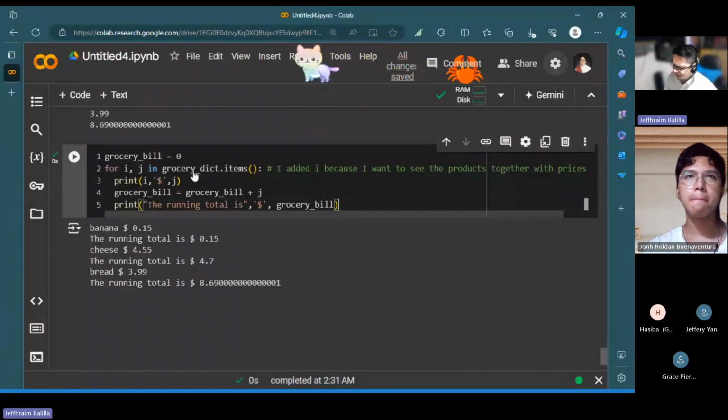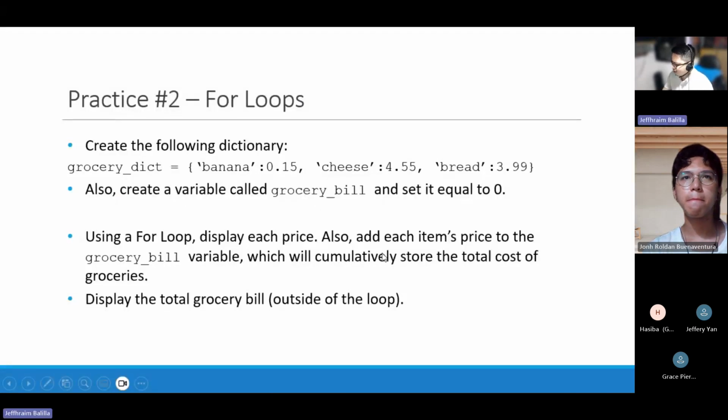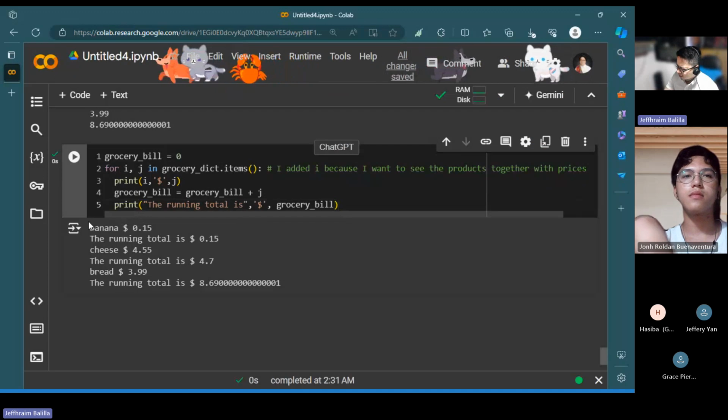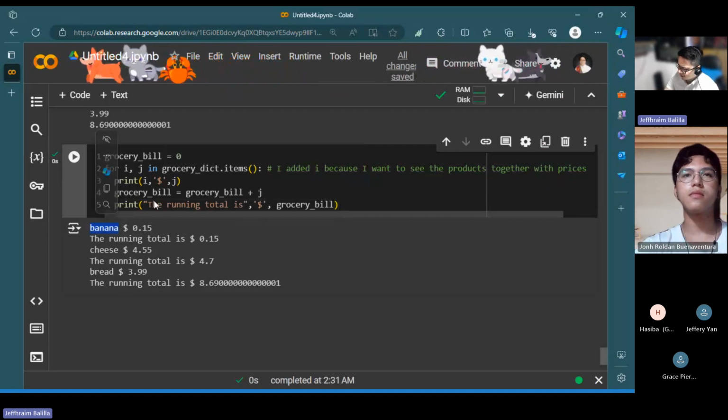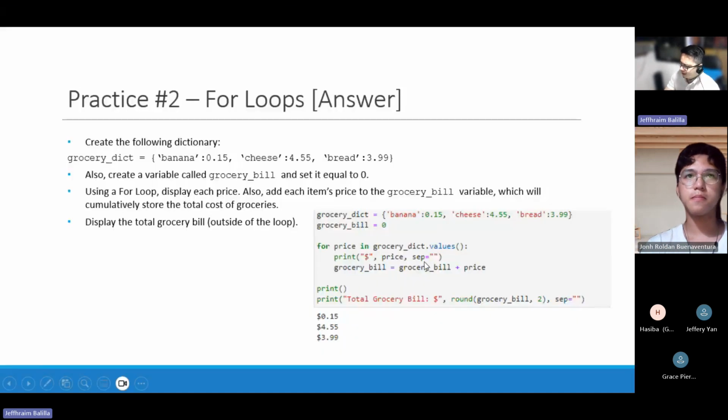Okay. Let me go back to the slides. So this is how I did it before. I added a bit of detail here. I forgot to mention that you can actually remove the spaces in between. But since I have here the name, I don't want to remove the separator in between the dollar and the product. That's why I did not use the separator there.